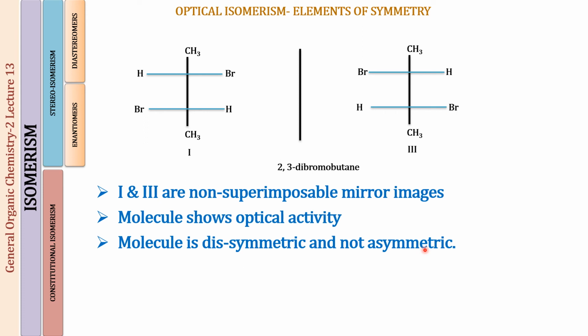Even the alternate axis of symmetry will be absent in this molecule. We are not trying to check that. We will be checking only the plane of symmetry and the center of symmetry. Axis of symmetry is present in this molecule, yet this molecule is an optically active molecule. That is what I wanted to teach you over here. Fine, so I hope this is clear.